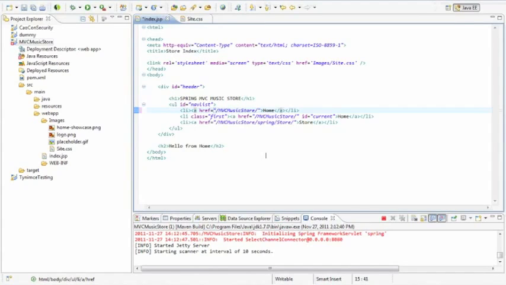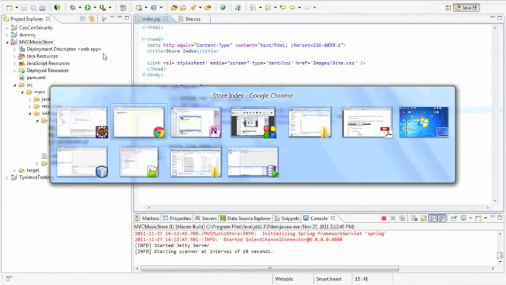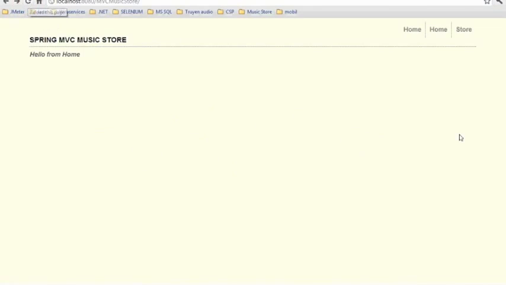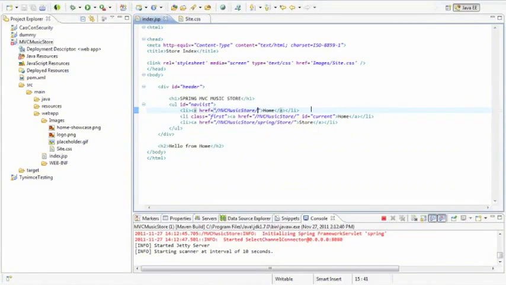Slash, alright, and refresh, and now it has become a link. Home, see, home is going to go to home here. Okay, so it became a link. This one is the same. I just show you, and we do the same